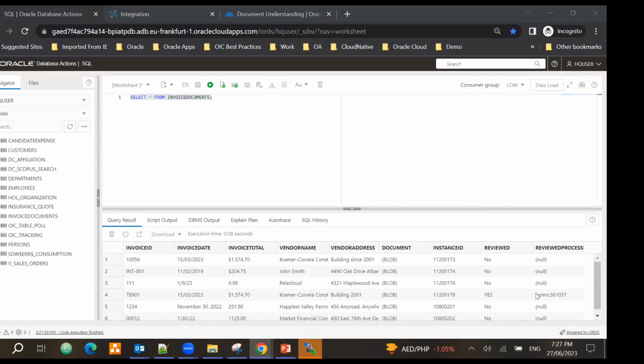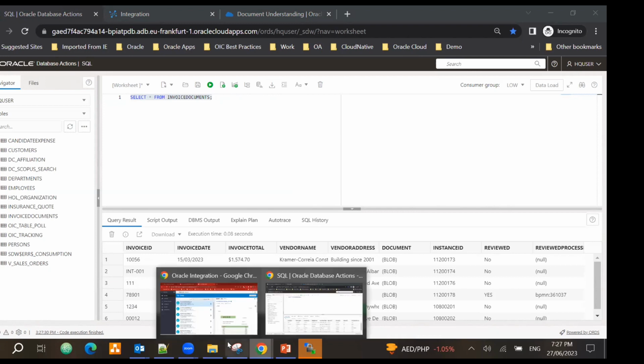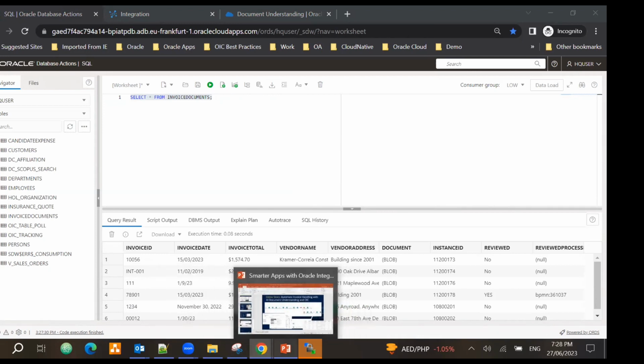So I provided the information, what the review process ID was, and for the remaining 5 invoices, it was able to extract and store all the information correctly. So what we want to demonstrate and discuss with you in this example is, if you